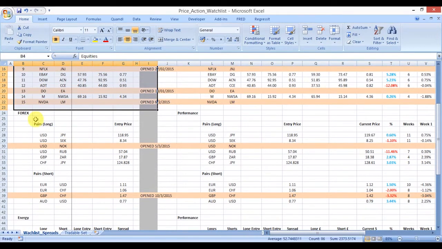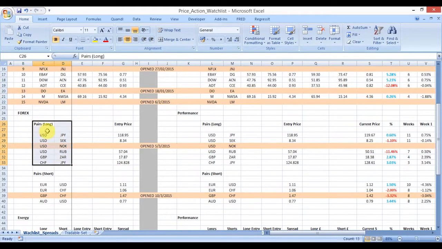So I just want to go through that now and show you what we're looking at on an overall basis in this spreadsheet. Within the currency section, it's split into two subsections: the currency pairs that we're looking to go long, that we have fundamental predispositions for going long with, and the same for short. We've got those listed there, and as well as that, we record the entry price,